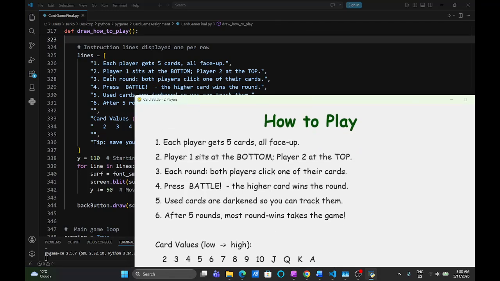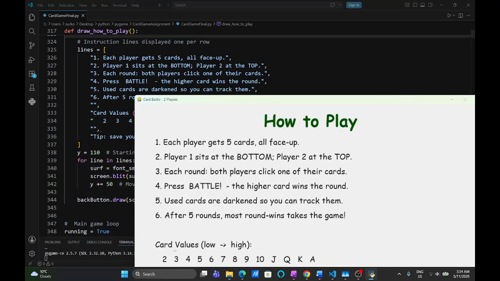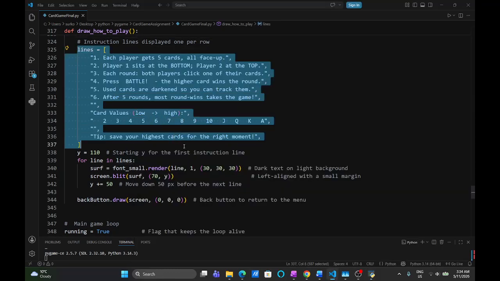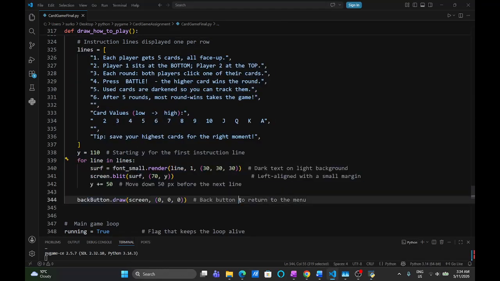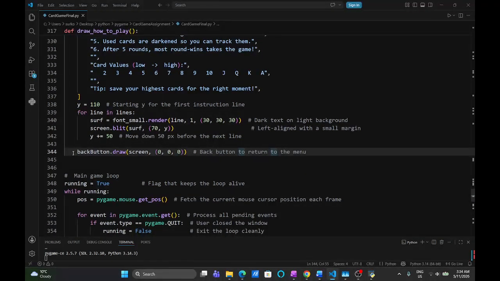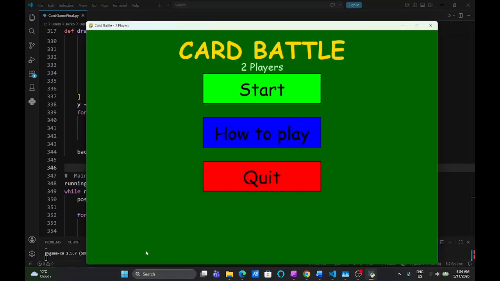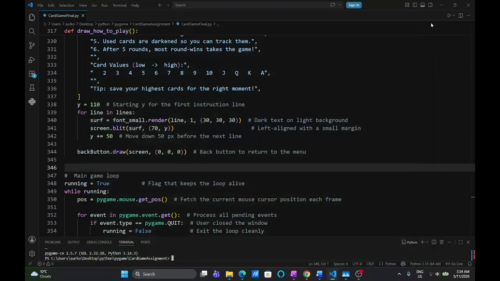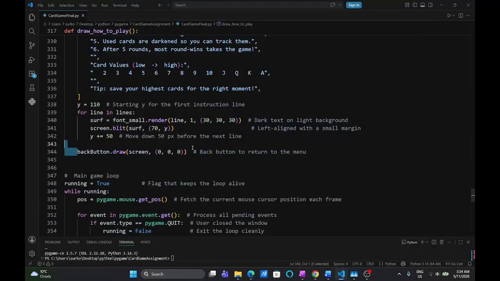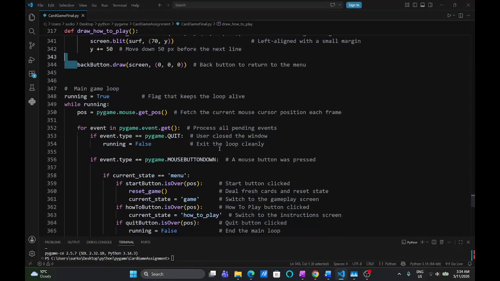So 1, 2, 3, 4, 5, 6. And again, we've got some more instructions here. So basically, it's just an array. Then we loop this array, and for each line in this array, we just render each text. That's what it does. And we also render our back button. This button is below here, right? So when we press this button, we basically change our